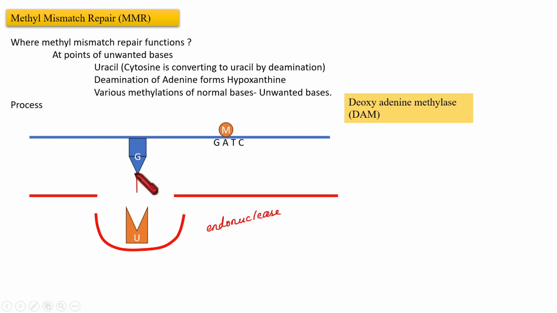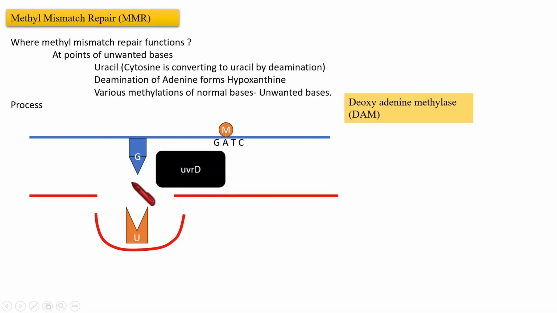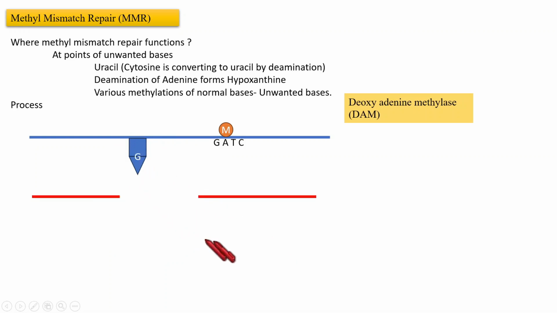And we need to dissolve those hydrogen bonds. For that, another protein comes, UvrD. This UvrD removes the hydrogen bonds that hold the wrongly mismatched or damaged portion of DNA with the parent template strand. So by removing that damaged portion, one gap is left, and that gap will be repaired